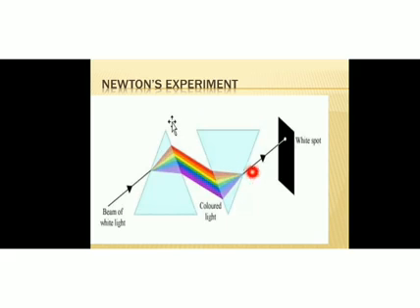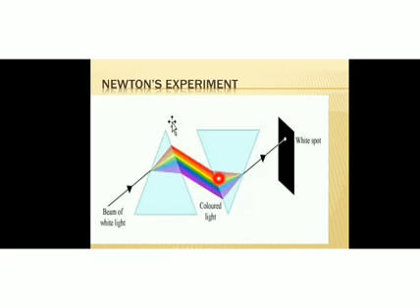So you can expect this question: how did Newton establish that sunlight consists of 7 colors? Or how did Newton prove the dispersion of light? Or also you can expect a question: draw the experimental setup performed by Newton to prove the dispersion of sunlight. And what do you mean by white light? Any light that gives a spectrum similar to that of sunlight is referred to as white light.